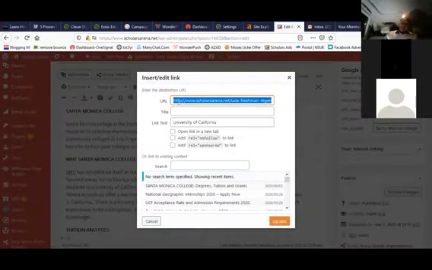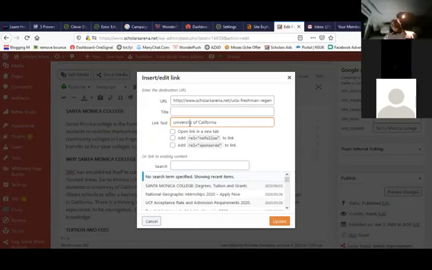So after the link, you will see link text. That is the name, okay? That is what you call anchor text. Anchor texts are things you use for hyperlinks, all right? If you look at this place that I'm pointing my cursor at now, you'll see open in a new tab. If I check this, what this link will do is that if anybody clicks on it, it opens in another tab. The essence of that is to reduce my bounce rate, all right?